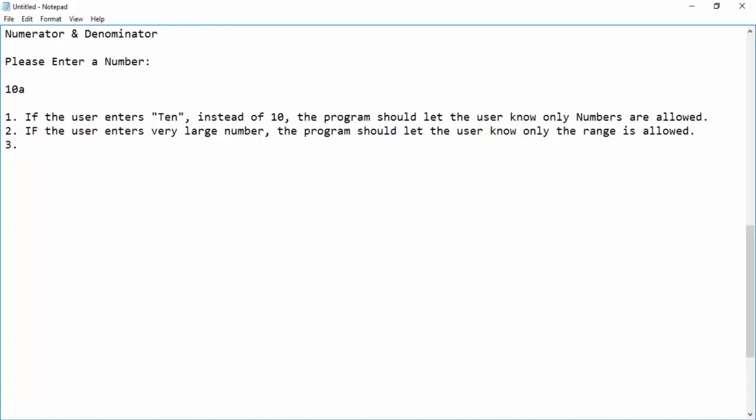And when you are doing the division, the denominator should not be 0.